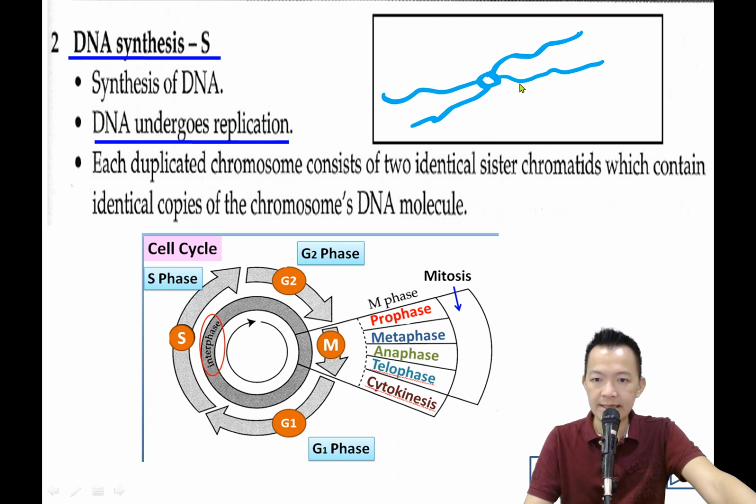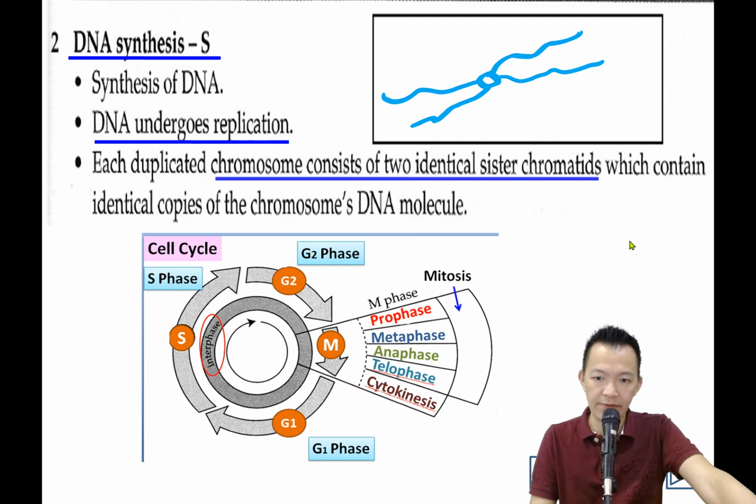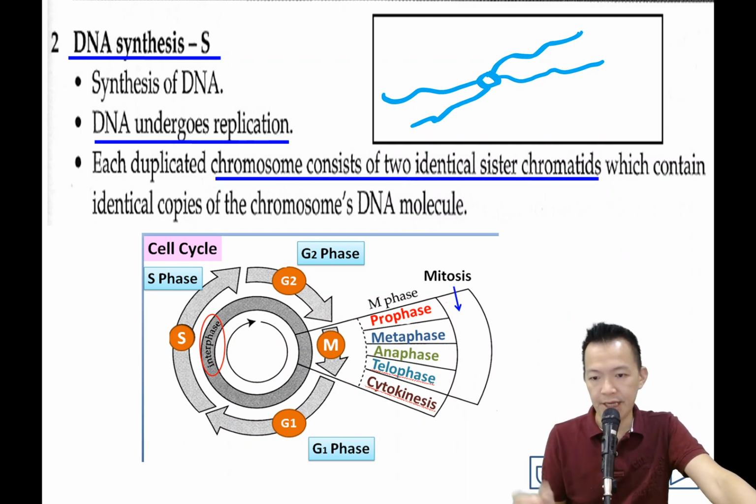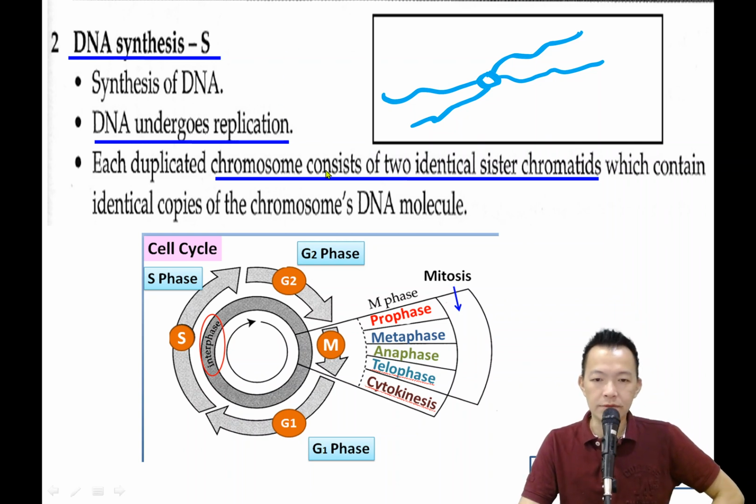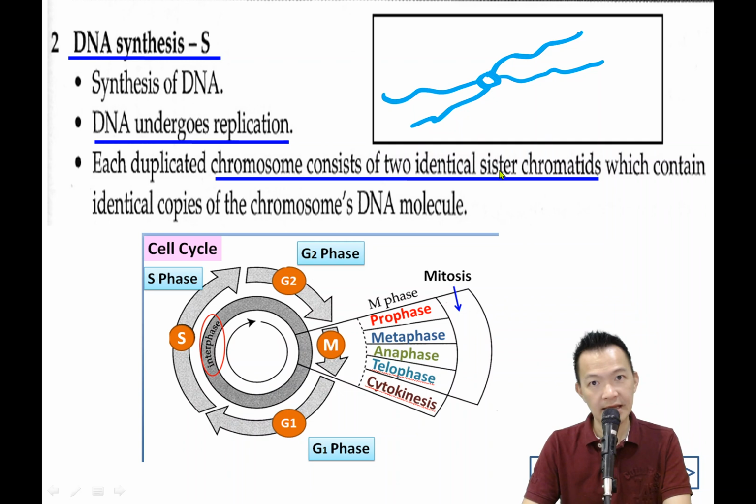Okay, 它有两条一模一样的 sister chromatid 姐妹的染色分体。Which contains an identical copy of the chromosome DNA molecule. 它们里面的 DNA，compared to another chromatid, actually the DNA inside is the same, 都是一模一样的。But we're having something to mention further, in detail. Highlight first: chromosome consists of two identical sister chromatids. 它有两条一模一样的姐妹染色分体。